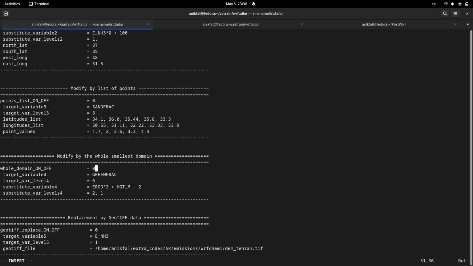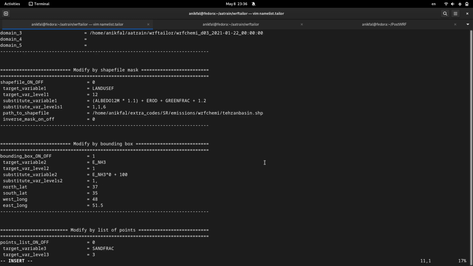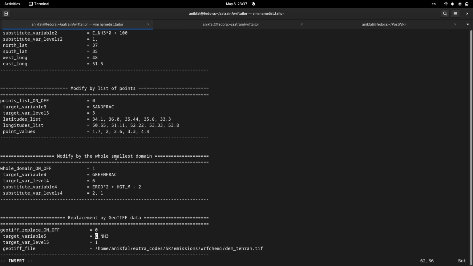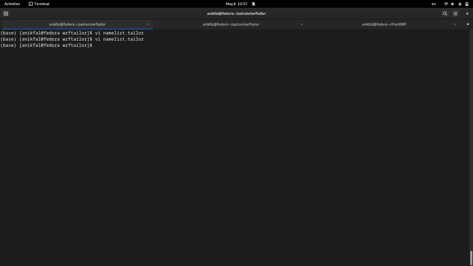So I enable it. I just put 1 here to enable this section. And if any other section is enabled, you should disable it. I go here and disable this variable, because the previous section was modified by bounding box, it was the previous section that we used, so we disable it and enable this new section. I save it and